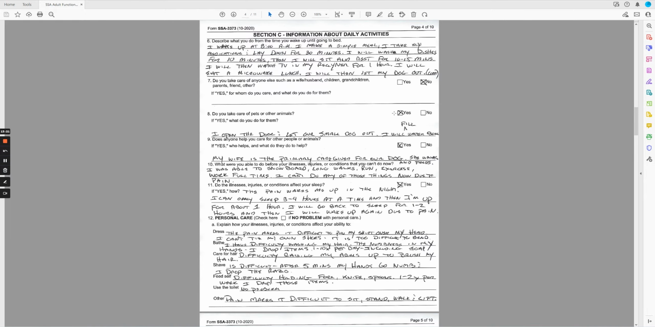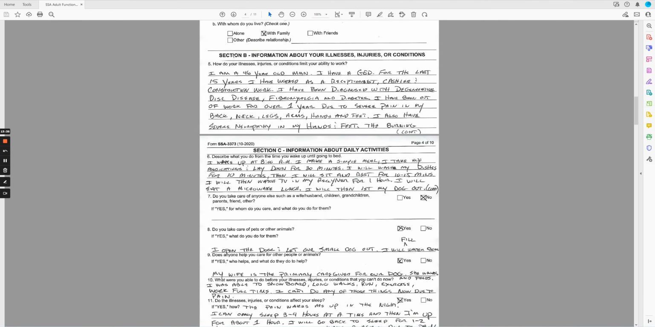So here they didn't ask about sleep, but I wanted to throw that in so they really could get a full 24-hour picture. The other thing that's really important is you want to be consistent. So if up here in question 5 you're talking about severe pain, you're talking about how the pain interferes with your ability to